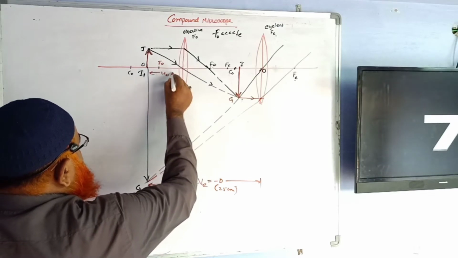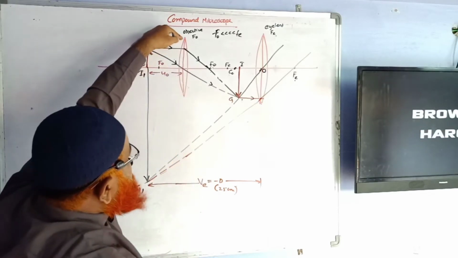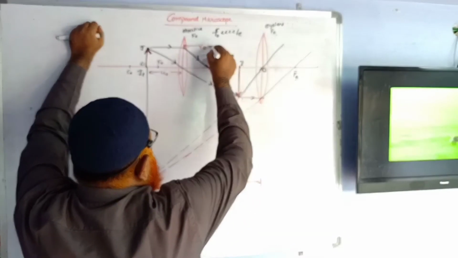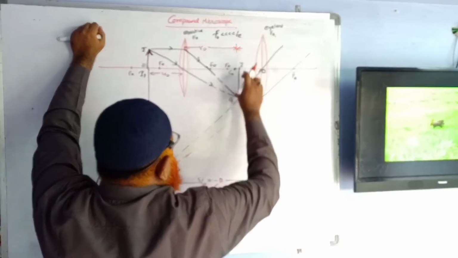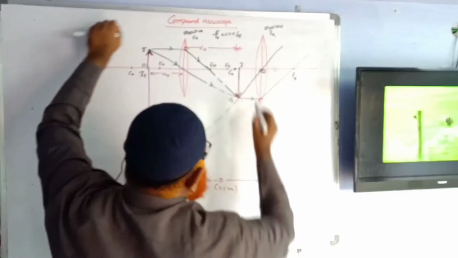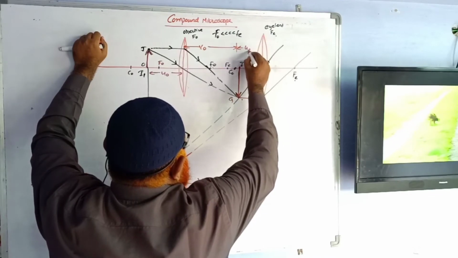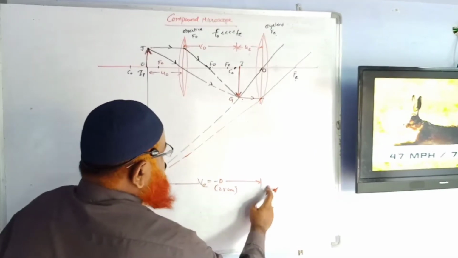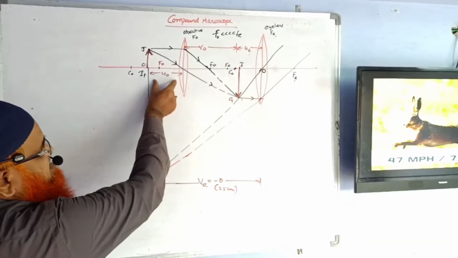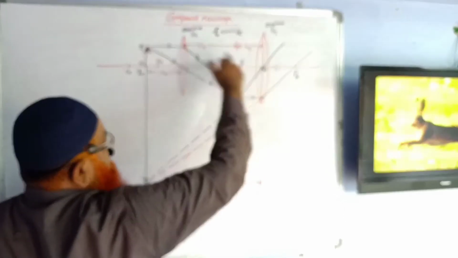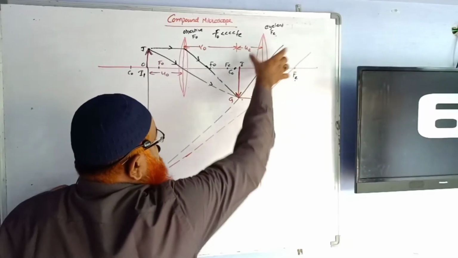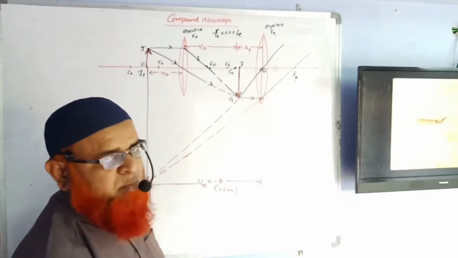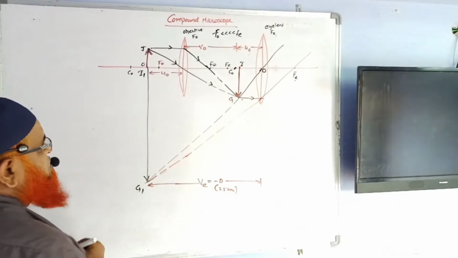This is considered to be U0, the object distance for the objective. And what is the image distance? The image distance is considered to be V0, from here to here. As this is going to be the object for the eye lens, this distance from here to here can be considered as UE. And this is the image distance. So once again, object distance for the objective, image distance for the objective, object distance for the eye lens, image distance for the eye lens. This is the complete construction of a compound microscope. Now let us see what is going to happen.